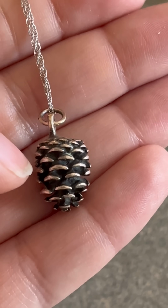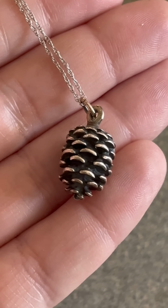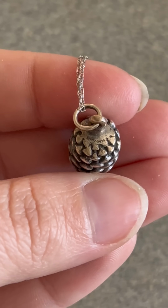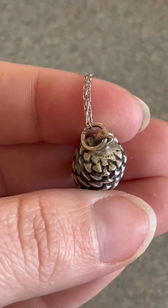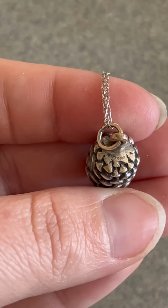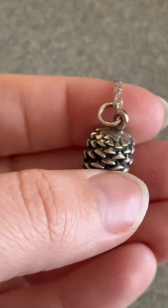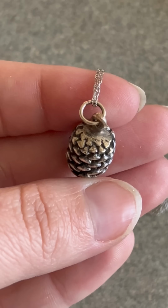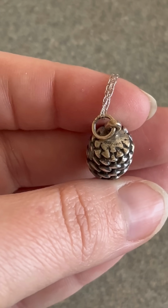So I was trying to be very inconspicuous, but what is really worth more than the gold is this charm pendant right here. It is marked sterling. It has some weight to it, but you'll see that it's also marked Avery, and that is James Avery. And James Avery pieces can go for quite a bit of money. I separated this set. I'm keeping the gold, and I listed the pendant charm here on Poshmark, eBay, and Mercari